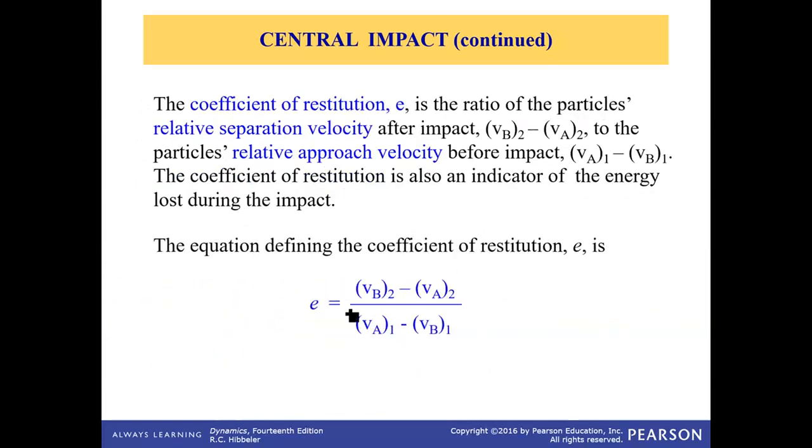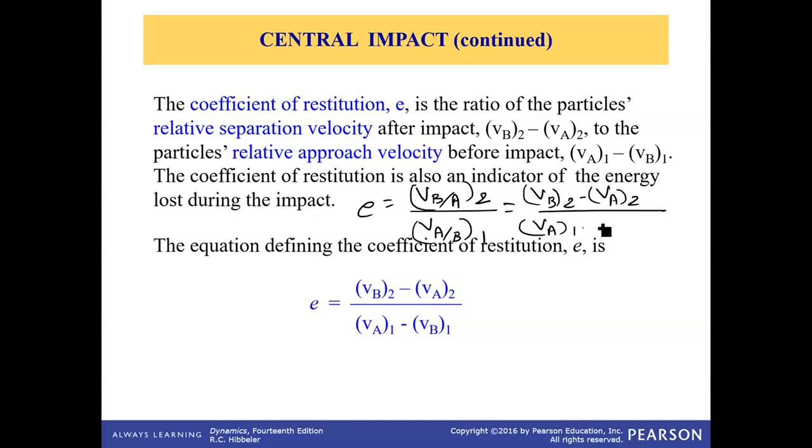The coefficient of restitution is written as the velocity of object B relative to A after impact divided by the velocity of object A relative to B before impact. We are familiar with this relative velocity notation, so this can be written as VB2 minus VA2, divided by VA1 minus VB1, and that's the equation for coefficient of restitution,